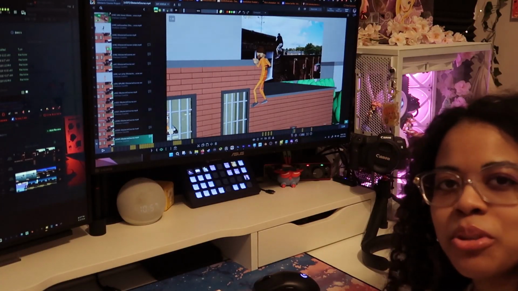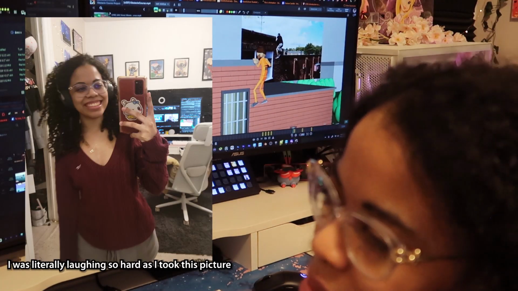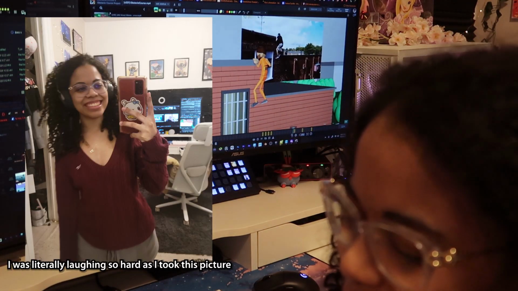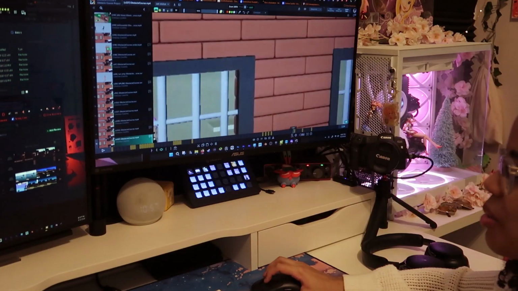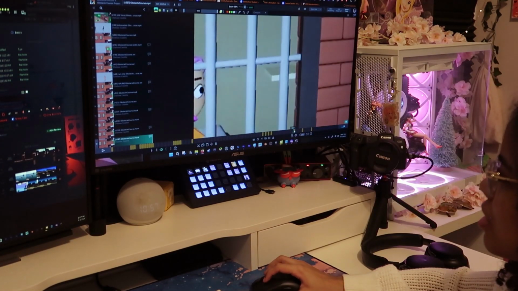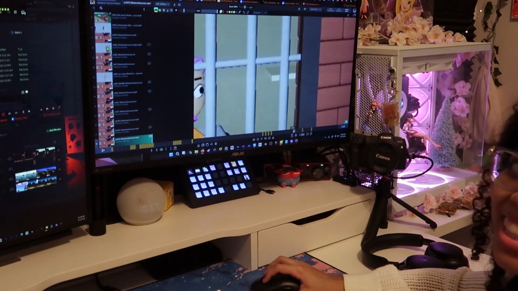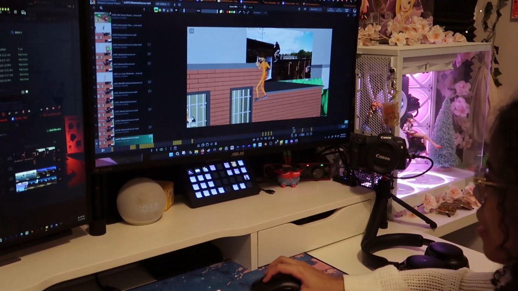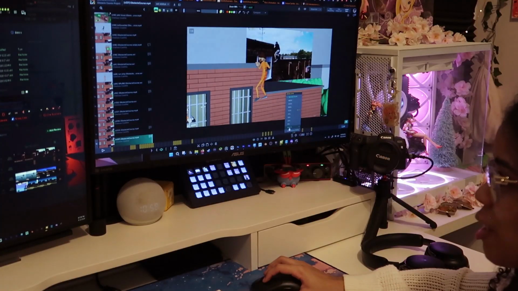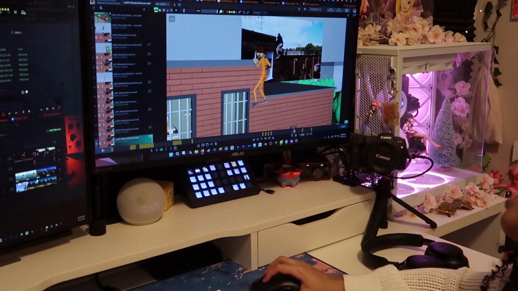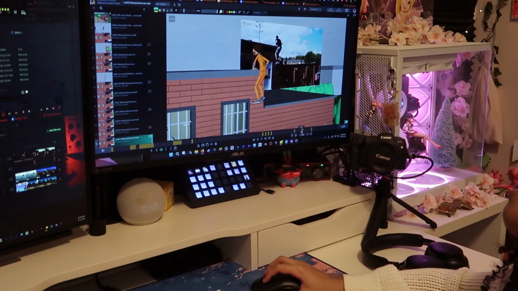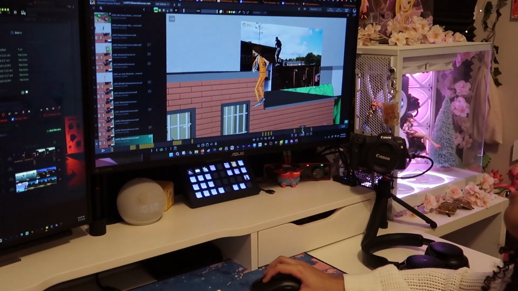Even after the class, even after my critique, I was laughing so hard because that was the note he gave me: you gotta make her eye look up. You see what he drew? He made the character's eye look up. On that note, the other notes I got were, make the elbows be inside, because if you try to